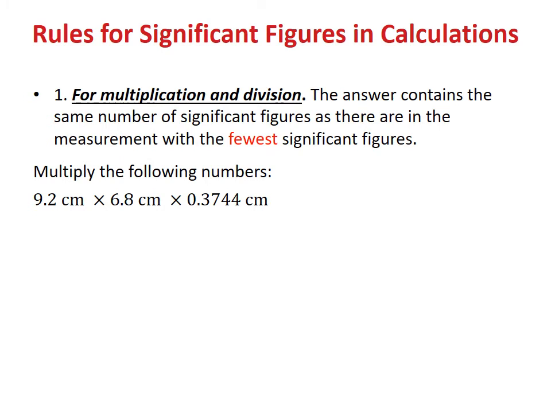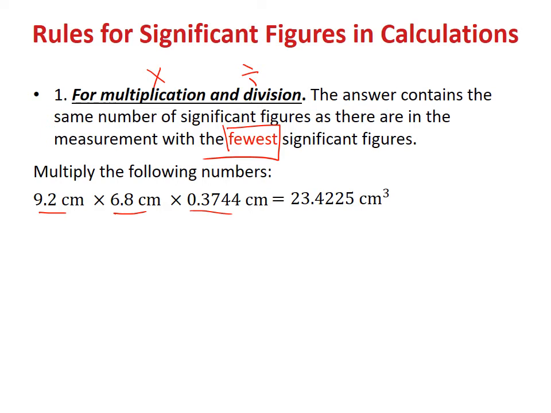Let's now look at the rules for significant figures in calculations. Rule number 1. In multiplication and division, the answer contains the same number of significant figures as there are in the measurement with the fewest significant figures. Okay, so here we have 3 measurements: 9.2, 6.8, 0.3744. Okay, we want to calculate the multiplication. Okay, so first, ignore the significant figures. Use your calculator and just calculate the multiplication. So here is your answer,